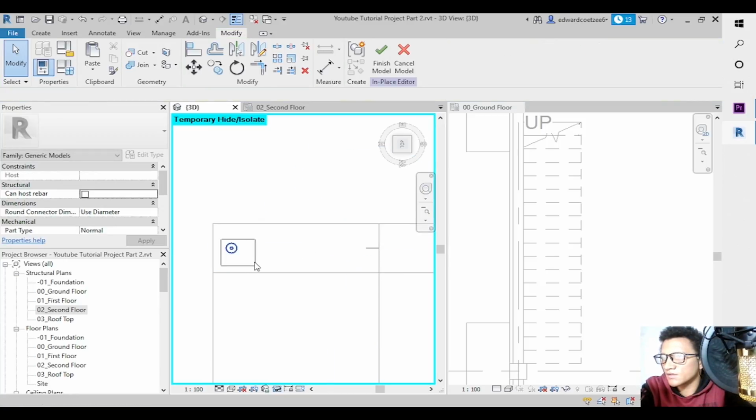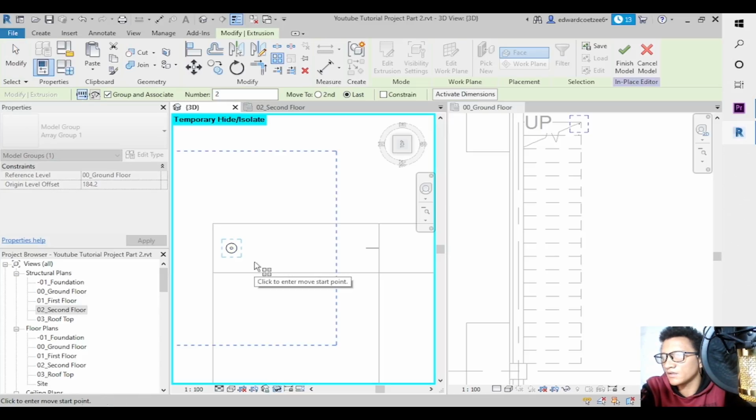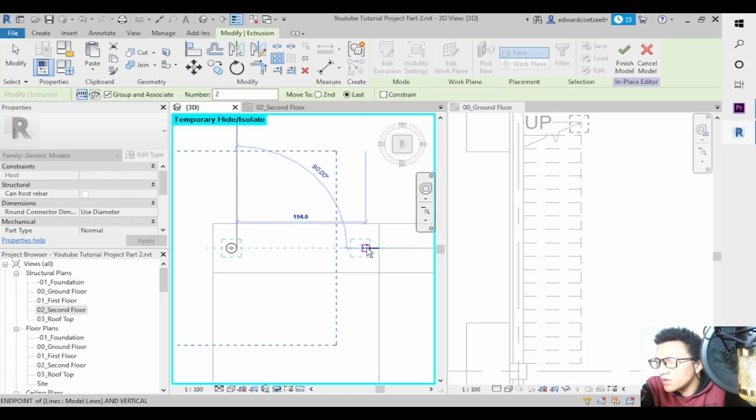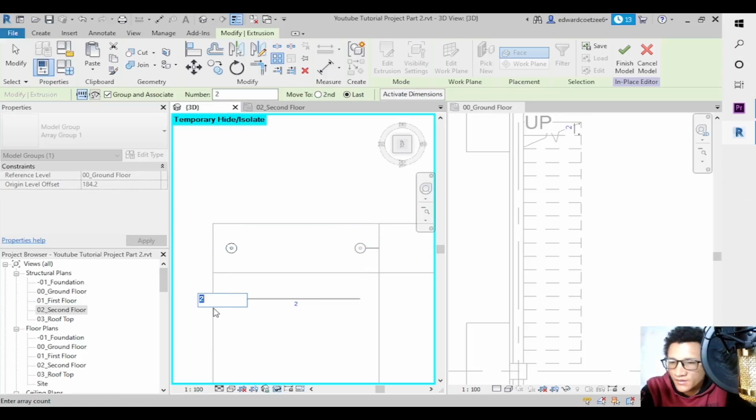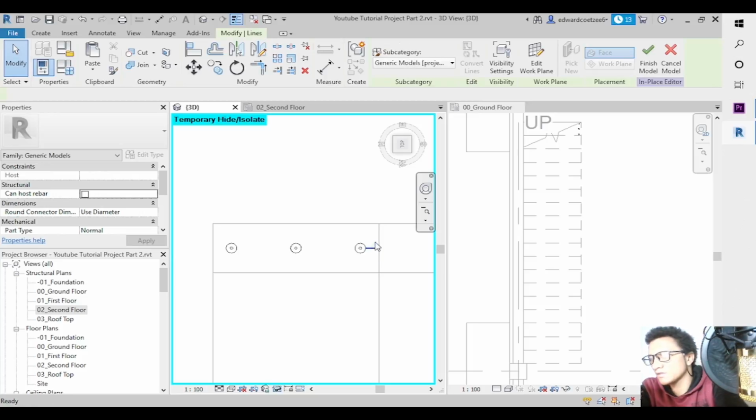After that, select that, go AR for array, and then you find that point there, you select that, you move it up to that point, you change that to 3, make sure that's on last, and you say enter, and you have 3 of them, you delete this,